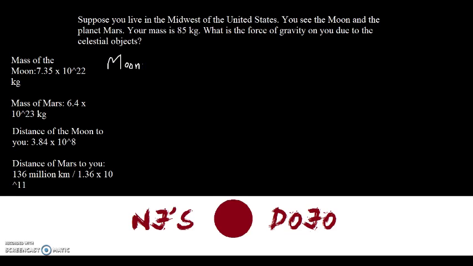Okay, but before that, since we're solving for two different celestial bodies and we're using the same equation for each, we have to write the equation needed. So again, we know that the force of gravity is equal to a gravitational constant times the mass of the first object times the mass of the second object. In this case, we will be using mass 2 as our own mass, multiplied by